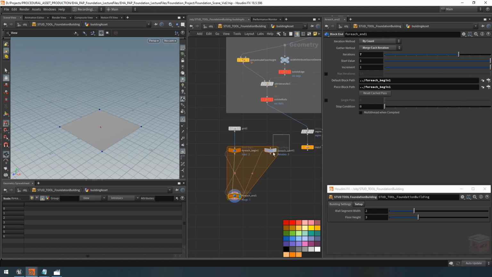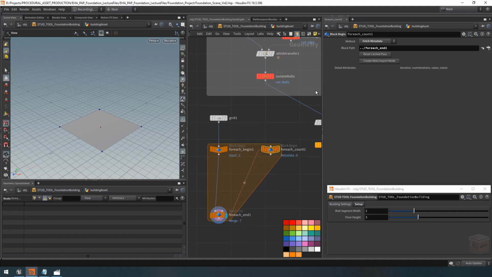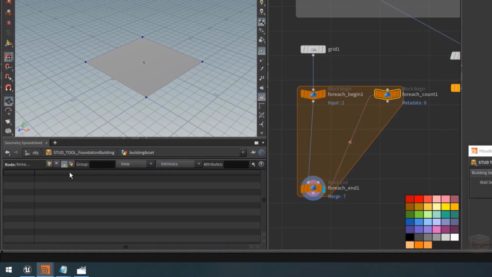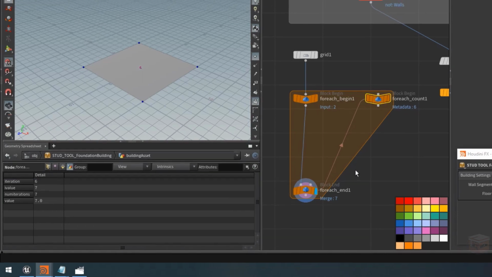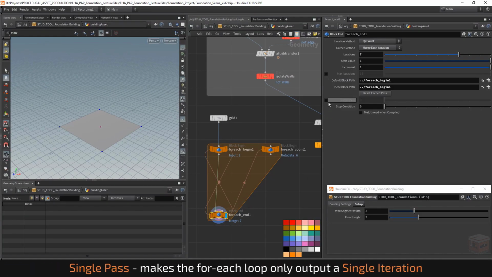Now you'll also notice that there's another block right here. And this one is another begin block, but it's actually set to fetch the metadata of this loop. And metadata of a loop basically just means that it has a detail attribute describing the current iteration that this loop is on. If I select the end block here and I go to single pass,